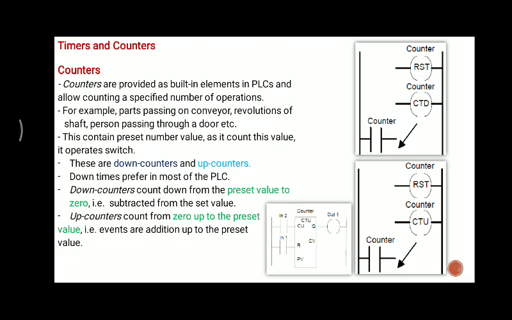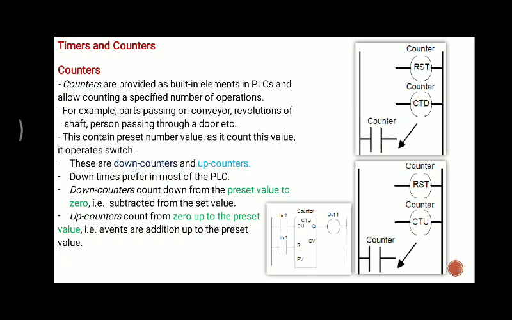How does it work? Suppose parts are passing on a conveyor, and we set the counter value to 100. This PLC will measure 100 parts on the conveyor, and then the switch will be activated, and that activated switch will give input to the further output located here.